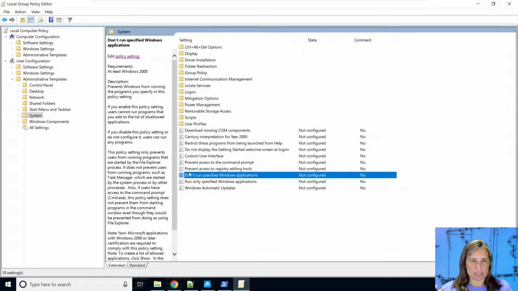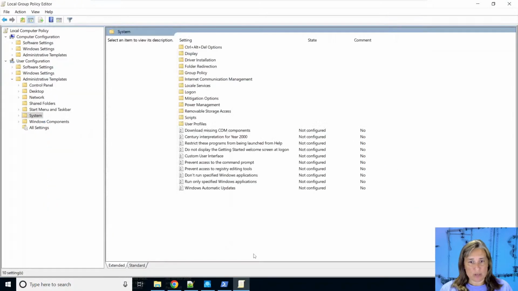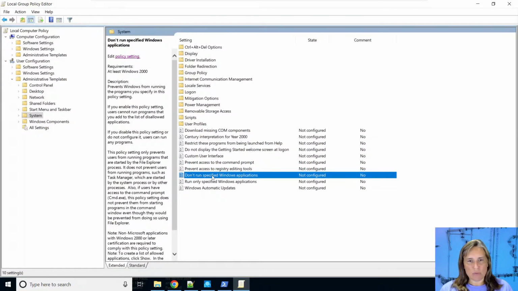So the parent process to anything you're clicking on the screen or from File Explorer itself ends up being launched by the explorer.exe process. This setting will block executables that match the name we put in the list that are launched with the parent process of Explorer, and we'll show how that's important and how you can bypass this setting easily by changing one